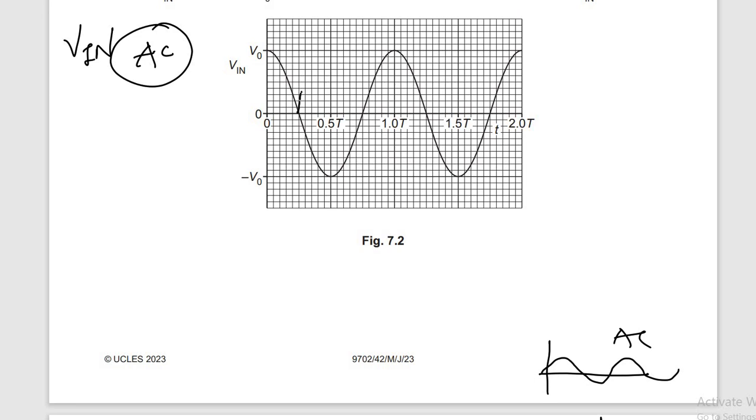You just flip this one. Let me use another pen. You just flip this one. Flip it. This one has passed, it has not crossed. The one that crossed the x-axis, just flip it. That's it. So at the end of the day,